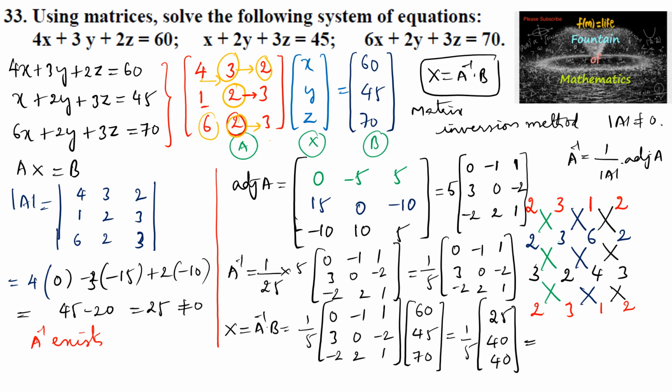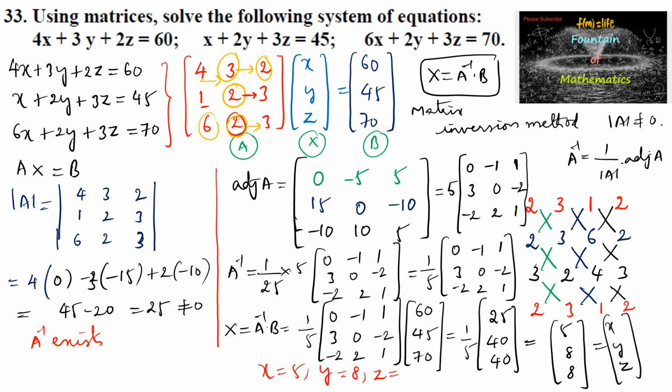So 25 upon 5 is 5, 40 upon 5 is 8, and 40 upon 5 is 8. So the variable matrix X is equal to, we can write X, Y, Z. So X is equal to 5, Y is equal to 8, and Z is equal to 8 is the solution by